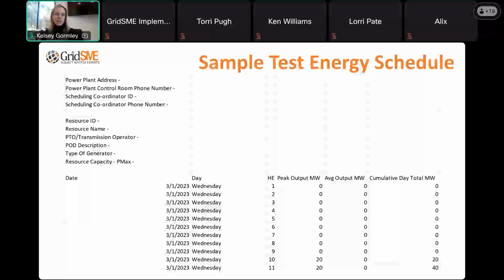A lot of scheduling coordinators will have their own version of this document, and it really is just intended to reflect at the resource ID level, so keep that in mind, at the resource ID level, how many megawatts of test energy we are scheduling during a given time period. So that includes negative megawatts, which would represent megawatts of charging energy that we'll be taking from the grid, for example, if we're commissioning a battery.